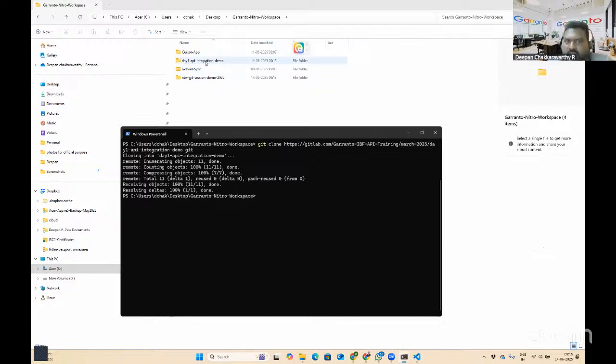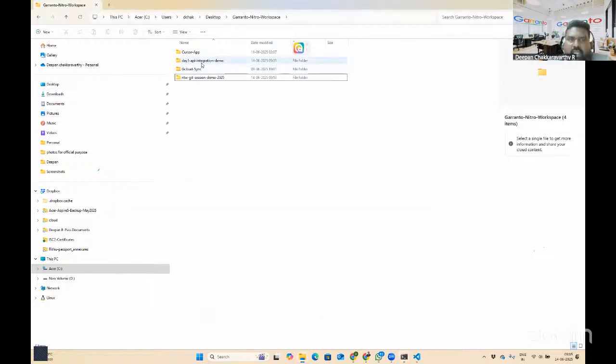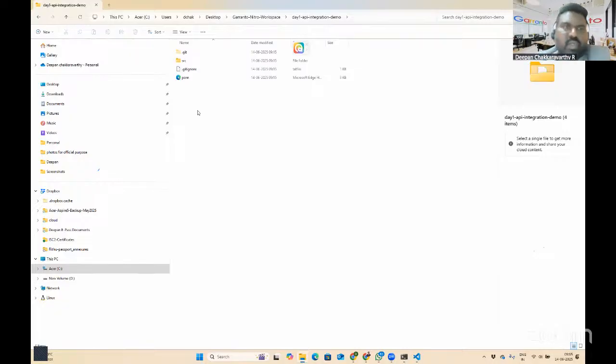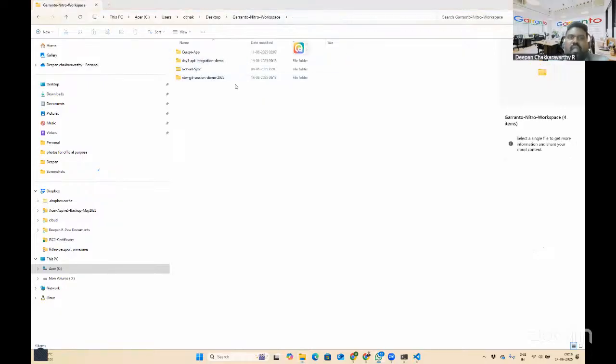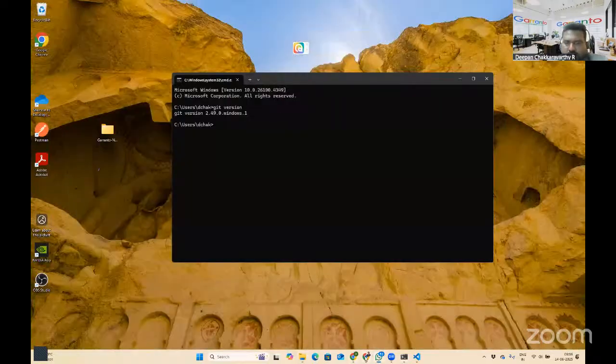Now I should be able to see the project here, right? And then I can make changes here and I can make commits here. And once commits are there, I can push to the remote repository and then do the steps. So typically you can try with some of the open source projects.